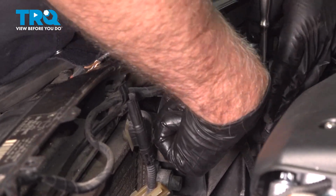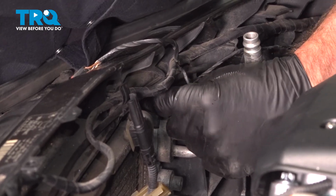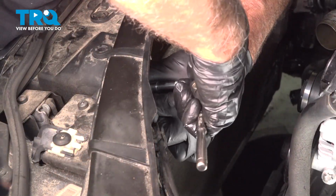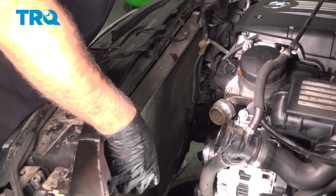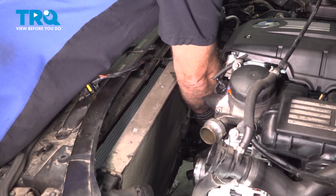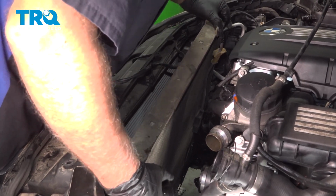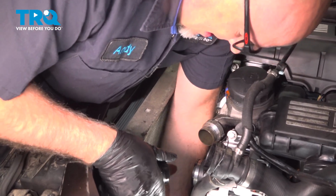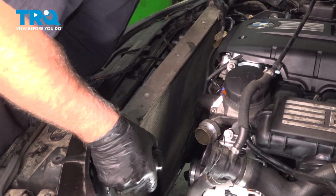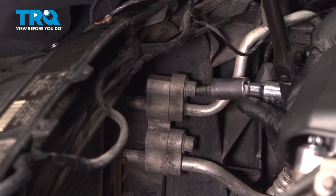Now I'm using a T25 socket. Take the screws out on the top of the radiator. Just grab the top of the radiator, tip it out a little bit, pull up. Get the hose out of the way. Make sure the cooler's out of the way. It slides right up. Using a 6mm hex socket, take these bolts out